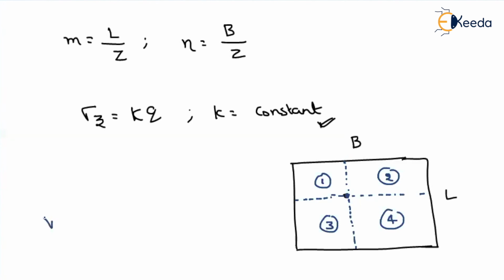So if you want to find the stress because of the entire loaded area, it can be found by summing up: stress because of the loaded area in rectangle 1, plus stress due to rectangle 2, plus rectangle 3, plus rectangle 4. That means if you want to find the stress inside the rectangular loaded area, you divide it into a number of rectangles and then add them like this. Then you will get the stress at the required point. Okay. Thank you.